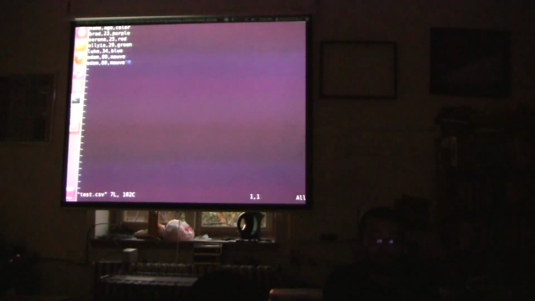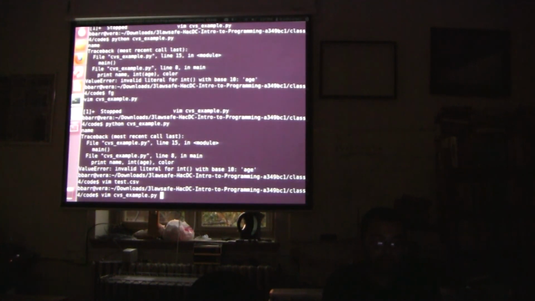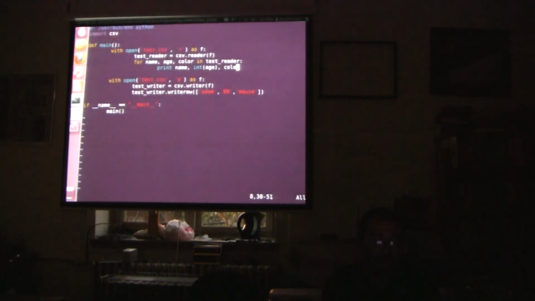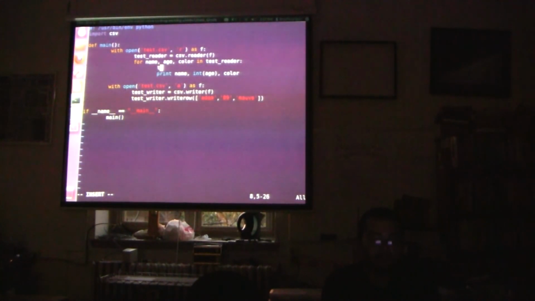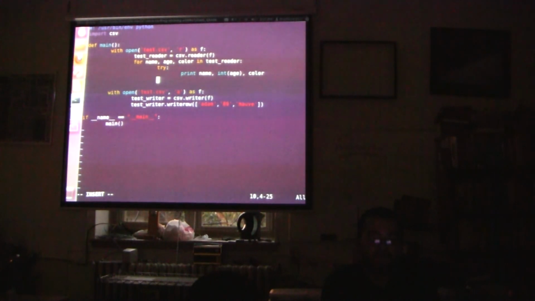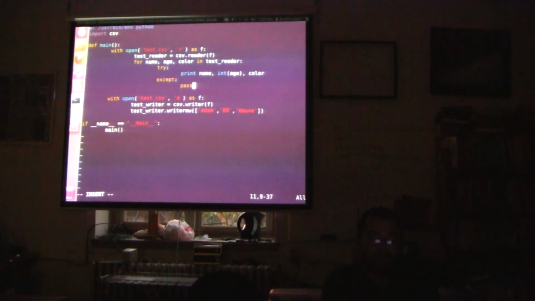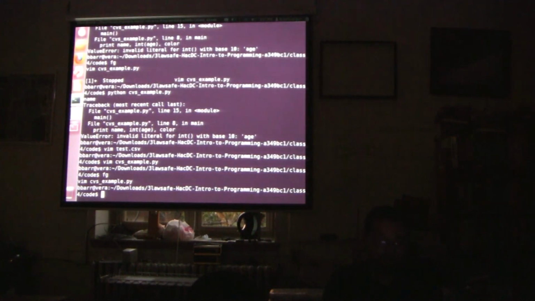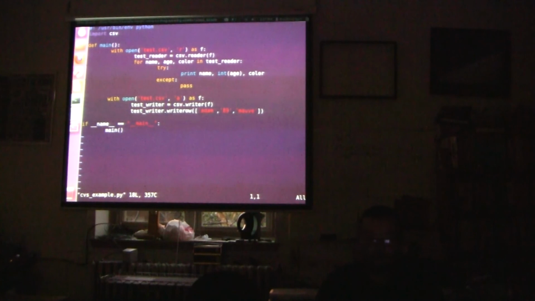Let's check out the CSV file at the top. There's a header row, right? So the first time we're gonna run this, there's going to be an age instead of an actual number there, so we can go ahead and ignore that safely. If we go ahead and do a try here, except, because I'm lazy, pass, right? I didn't mean to quit. You all see what I did there?